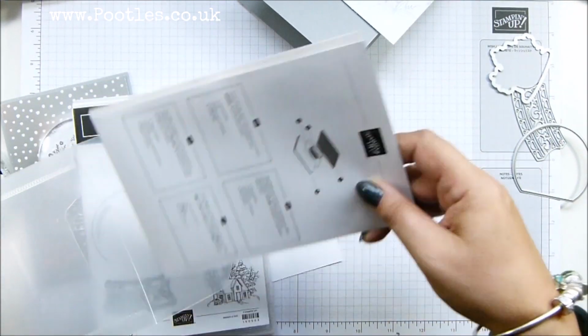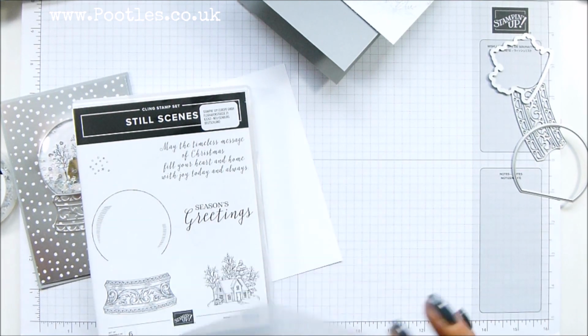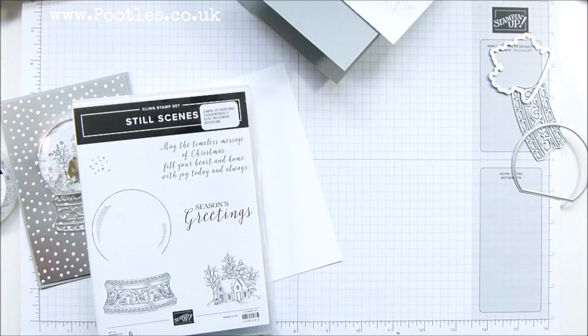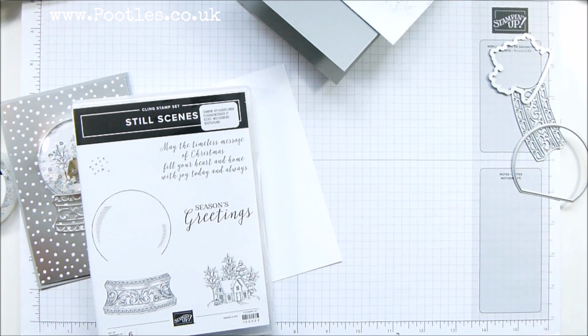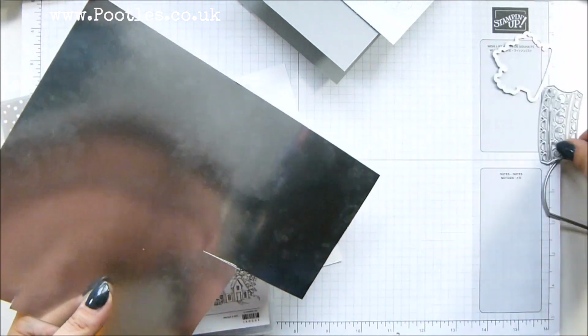I'm just going to tuck those out of the way for the minute, and I just realised I forgot to get a piece of silver foil. I wonder if I've got any handy. Nope. Oh! Have I got silver foil easily available? I have. Phew! Quickly grab it off my shelf. Okay, so